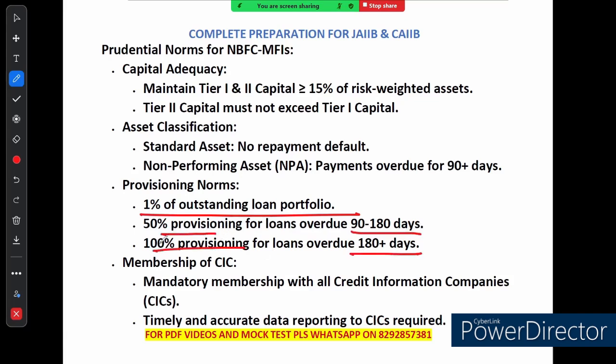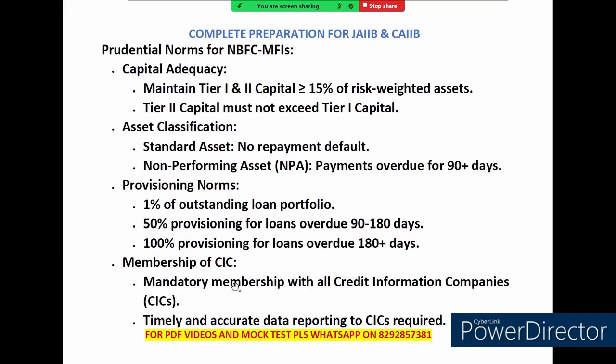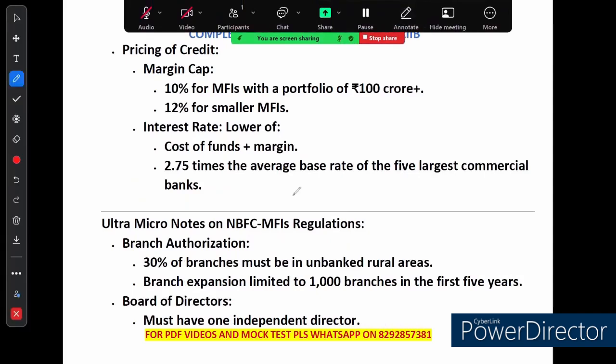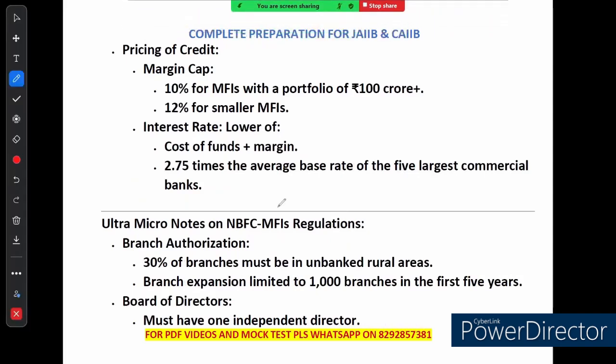Now if you talk about credit information and pricing of loans, NBFC MFIs must report loan data to all CICs, that is credit information companies, ensuring accurate data on borrowers. For interest rate, the margin cap is 10% for MFIs with a portfolio above 100 crore, and 12% for smaller MFIs. They must offer the lower of the two interest rates. First, the cost of funds plus margin, and second, 2.75 times the average base rate of the 5 largest commercial banks. Now branch authorization: at least 30% of the branches must be in unbanked rural areas, and